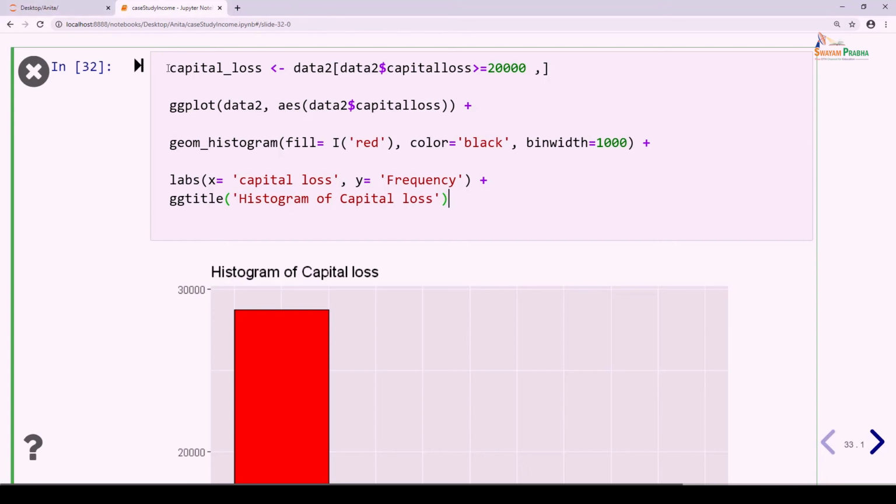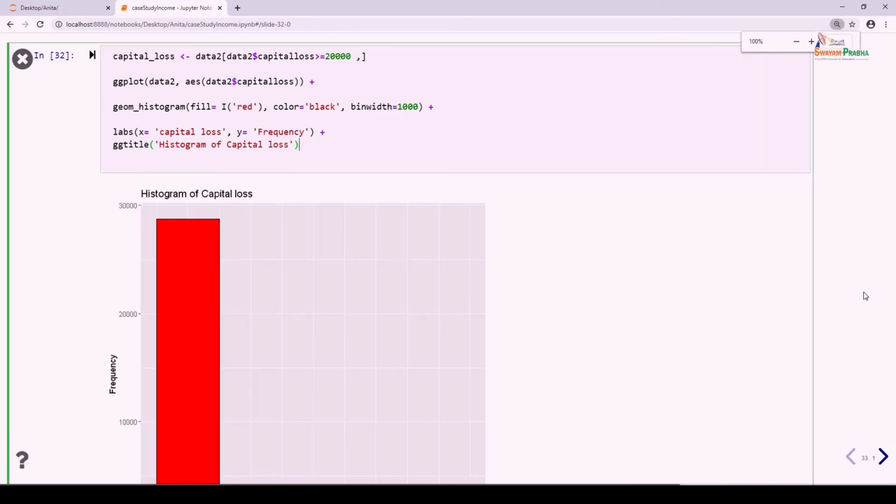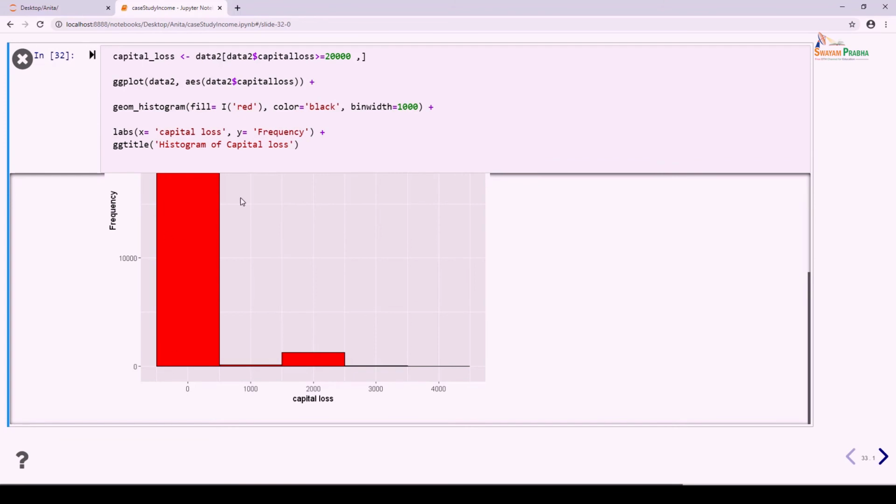So, here also I have selected only the rows where the capital loss is greater than or equal to 20,000, and using the same function and same parameters, I have plotted the histogram of capital loss as well by just filling the bars with red color and giving the outline with black, and with the bin width of 1000, and I have also given the labels for x axis and y axis and the title for the plot as well. So, you can look at the histogram of the capital loss. So, most of the individuals' capital loss is 0, and there are a few individuals whose capital loss is around